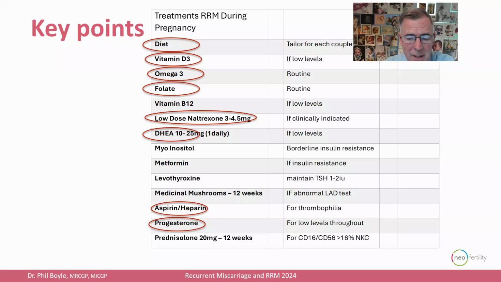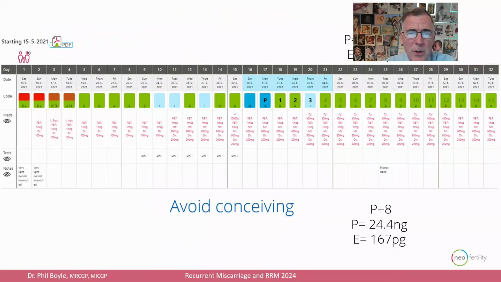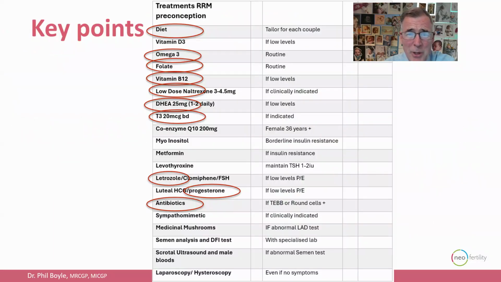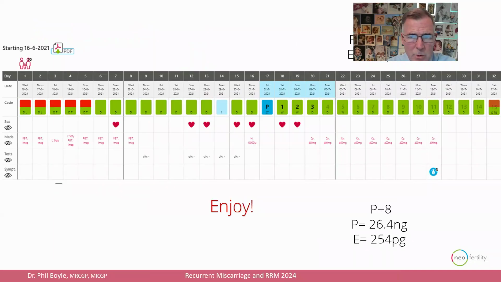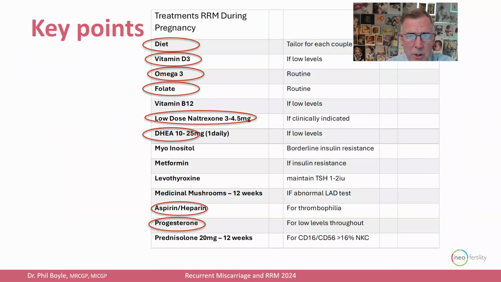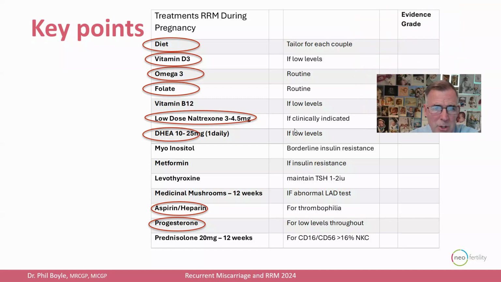During pregnancy then, so we've laid this big foundation. If we go right the way back, look at all the things we did preconception that my colleagues ignored. Compare that to just folic acid 5 milligrams. It's a different planet of intervention. It's a completely different level, and we get completely different results, and we get it repeatedly. So this woman who's had 5 losses, I'd be ambitious for her to have repeat pregnancies as well, because we know how to crack the code. And then when she's pregnant, yes, we're giving that progesterone.